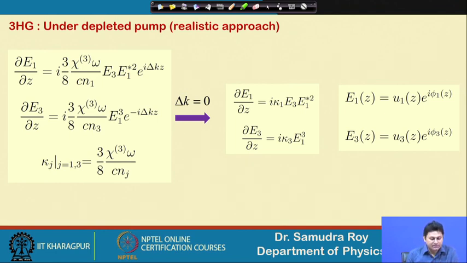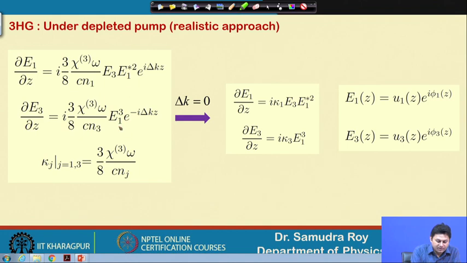Now, we start another condition that we consider: the electric field containing frequency omega, which is the fundamental electric field, or E1, is no more a constant quantity. So, we are going to take care of both the equations together. In the previous case we considered this a constant quantity, but we will not consider this anymore. So, we will consider both the equations together. So, we try to solve the coupled equation.